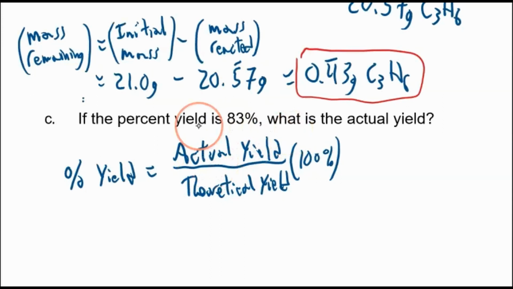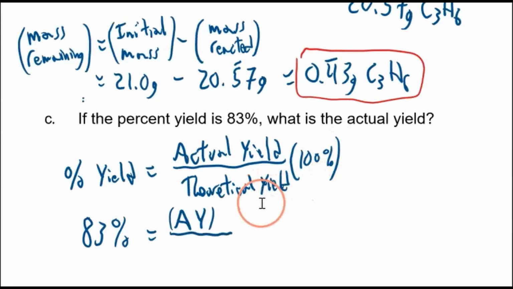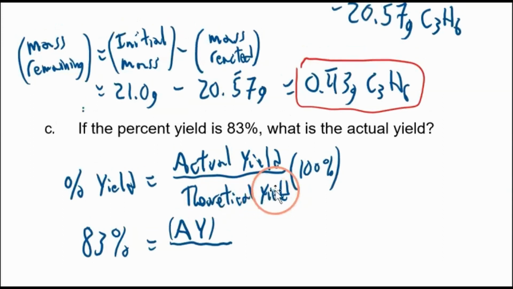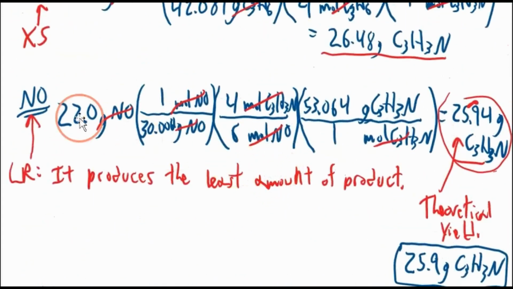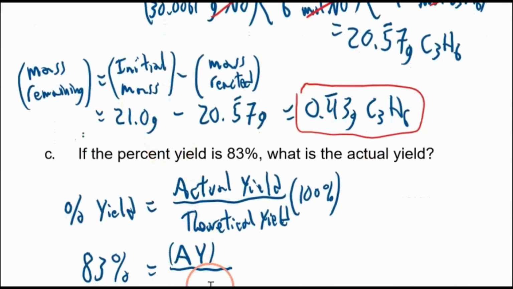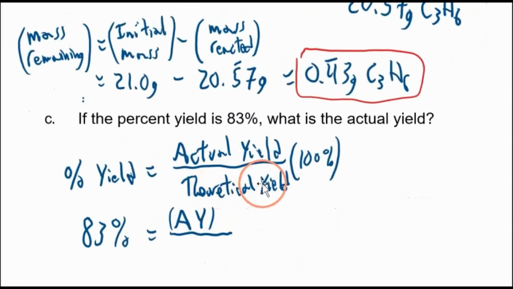Okay, percent yield's 83%, and we want to know what the actual yield is. I'm just going to abbreviate it as AY, if that's okay. And the theoretical yield is how much we could produce based on the limiting reactant, assuming the reaction went to completion and was perfect and all that stuff. So the theoretical yield is a calculated yield. Maybe I should write that down. This is based on calculations